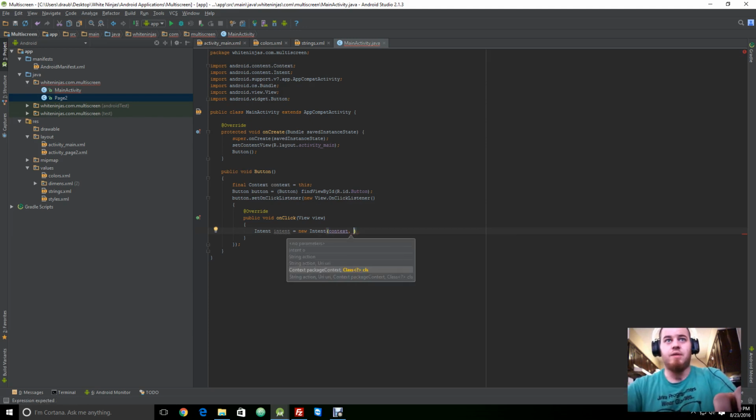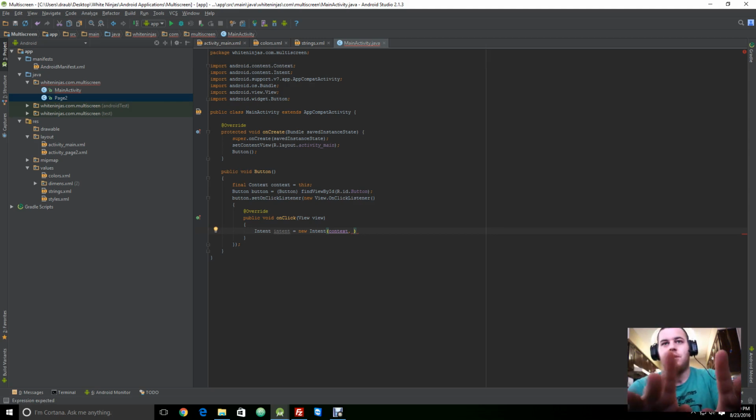Basically, we're saying this button, this context of a button, is going to be inside of the intent. So we called that action up. Now let's go ahead and set this. We're going to set the context to go to another page. In this case, it's going to be page 2